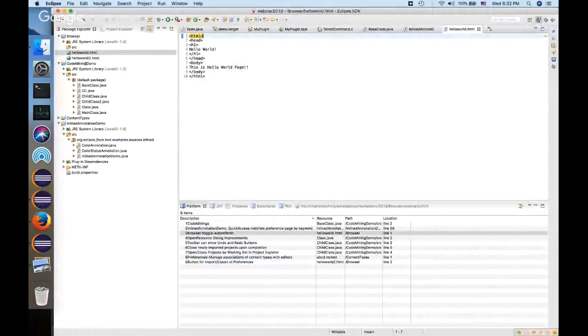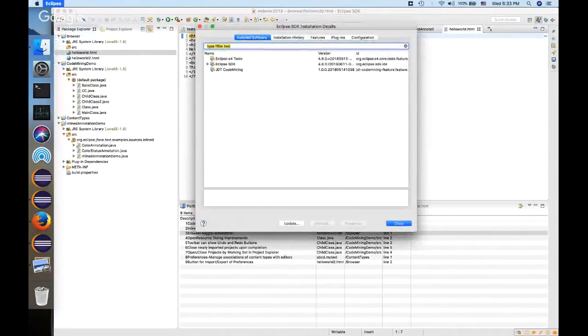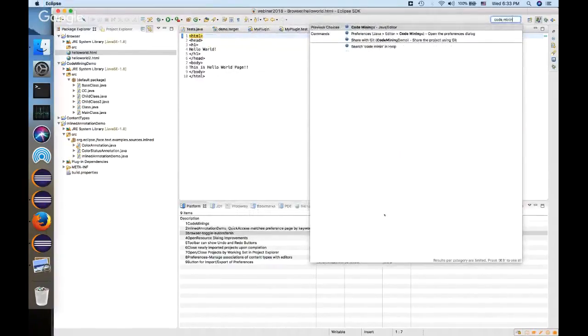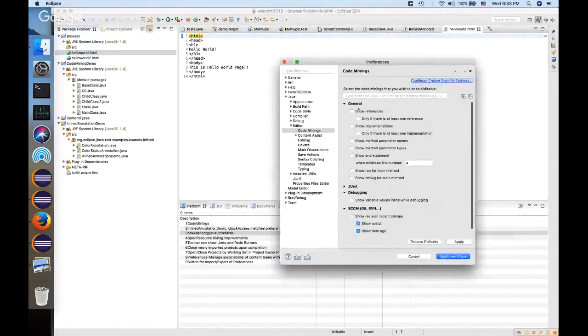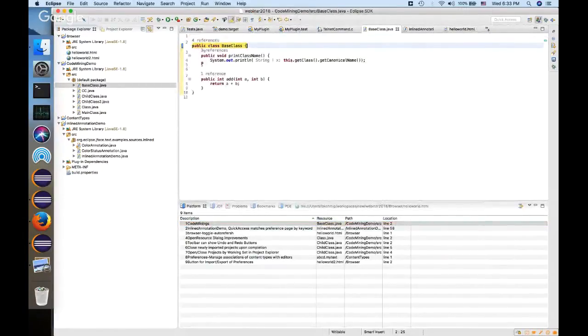So the code mining support is available in Eclipse Photon, but the JDT code mining is not part of the SDK. It has to be installed from a separate update site. So I have already installed it here. You can see the JDT code mining feature has been installed. And once it has been installed, you can go to the preferences and enable the options which you would like to see. So I am going to enable all these, apply and close. So you can see in this particular class,